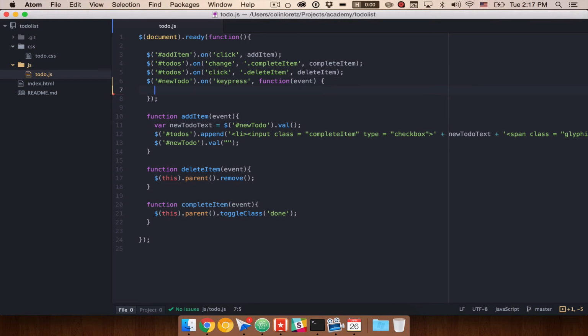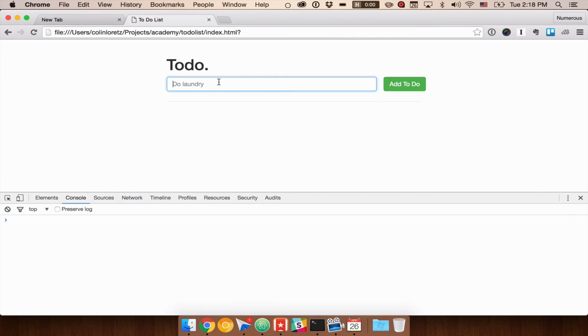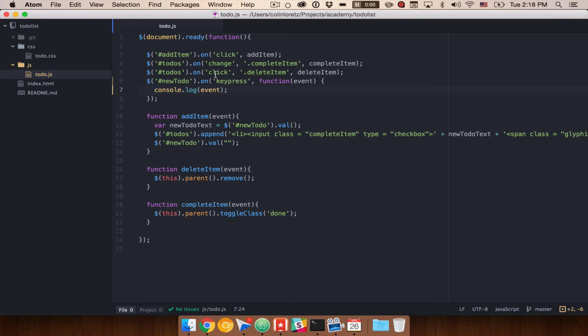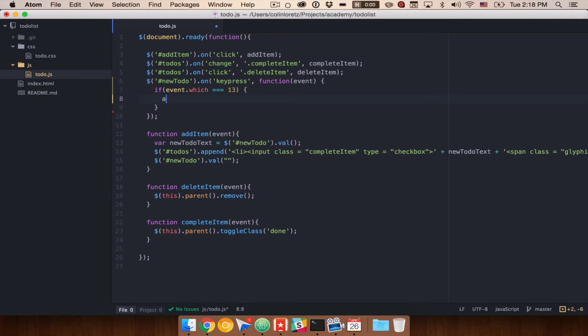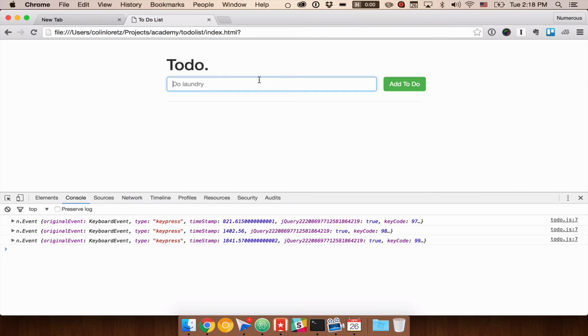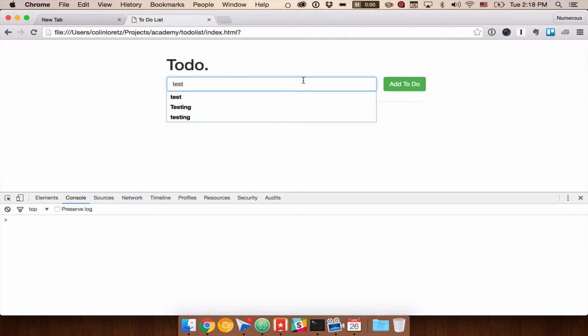So we have this key press. We had outputted those. We have console.log event. If we output our events, we'll see A, B, C. And what we can do is we can say if event.which equals 13, add item. And if we do this, it's still going to refresh the page. So if we do test and hit enter, you'll kind of see that it went down there, but it also